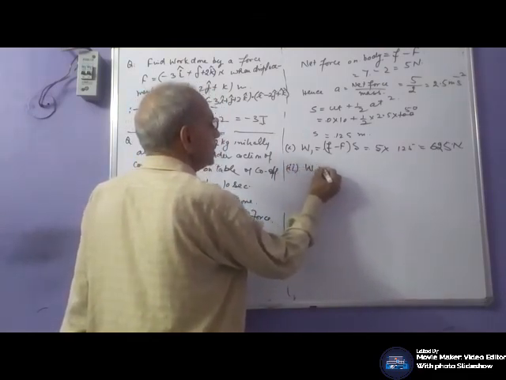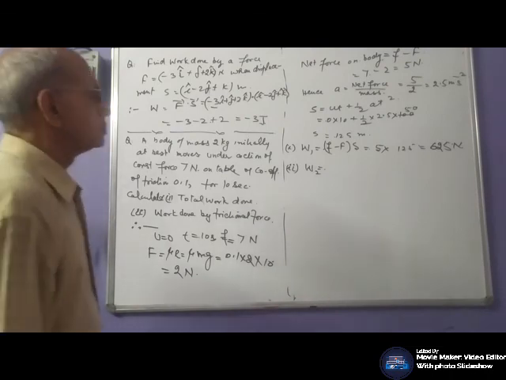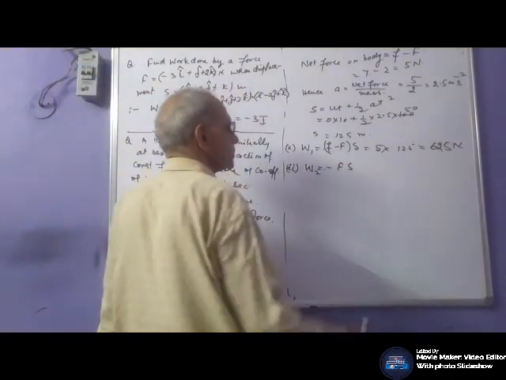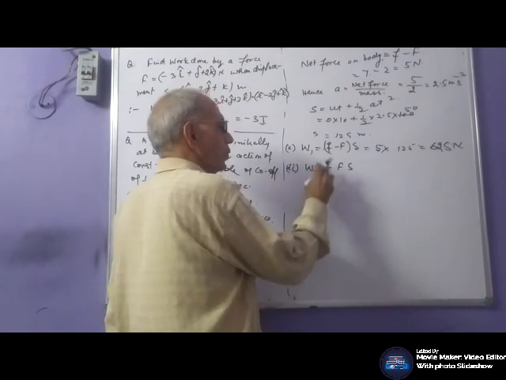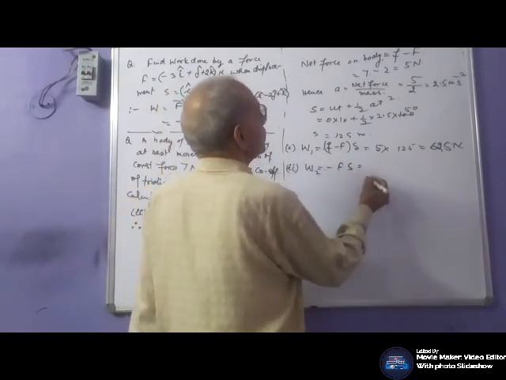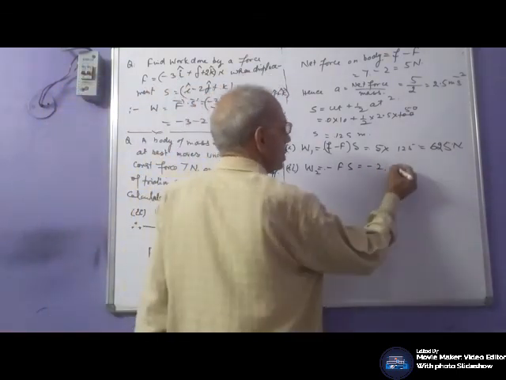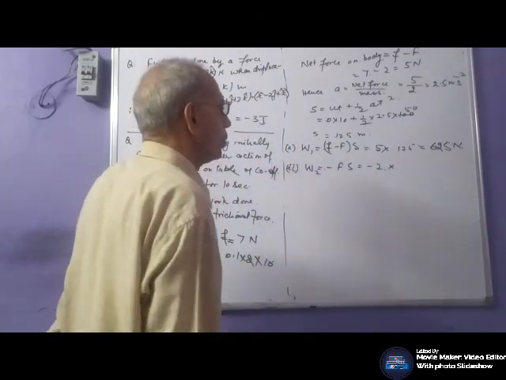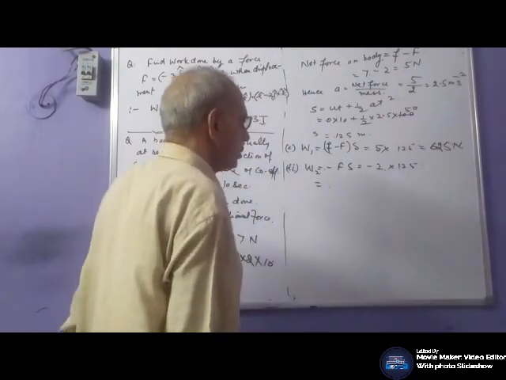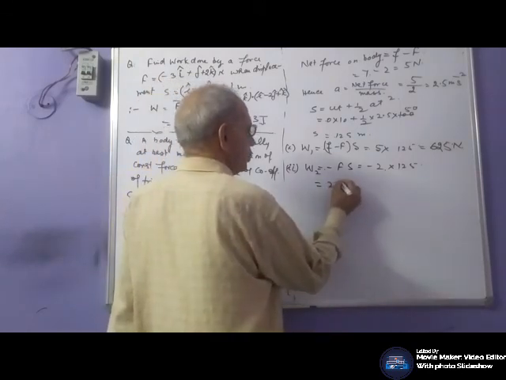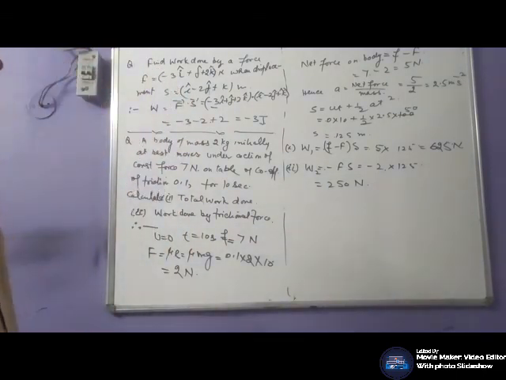Work done by frictional force is minus fS, minus frictional force into S. It was minus 2 into S, which is minus 250 Joule. Suppose only applied force, work